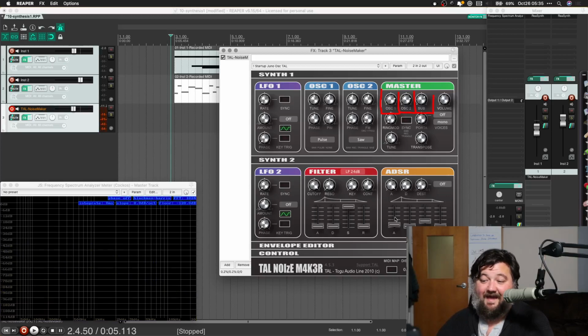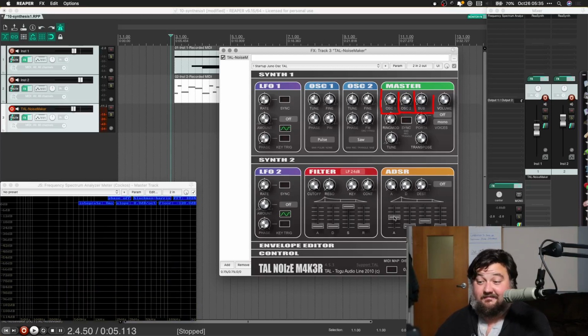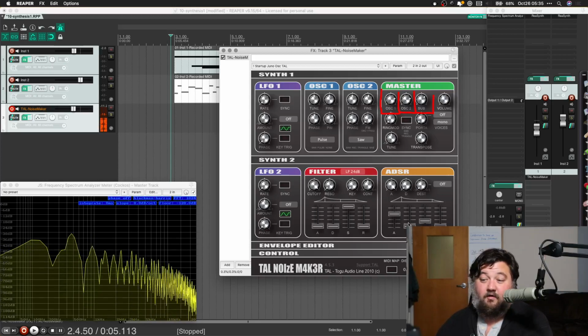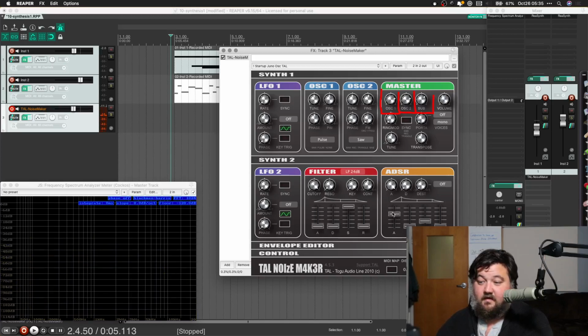If I bring my attack level up, we now have a fade in. The longer that is, the longer the fade in. If I shorten my attack level back down and then I bring my decay level up,